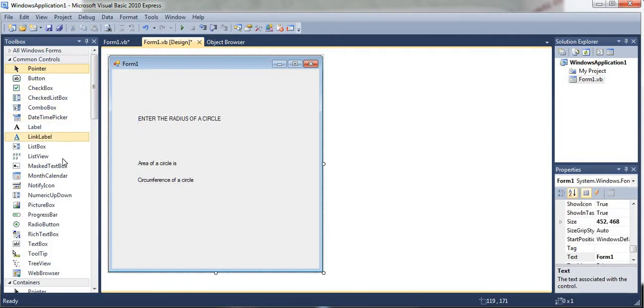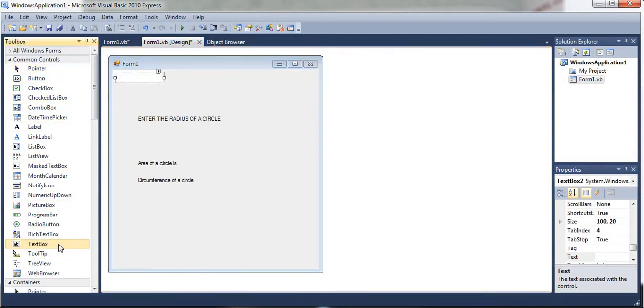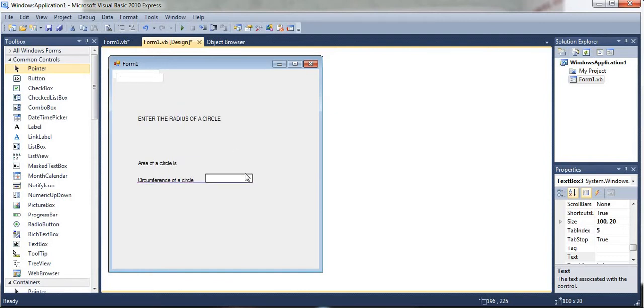Now I am taking 3 text boxes here: first, second, third. The first will take the input from the user, enter the radius, and the answer will be calculated and displayed in the others.